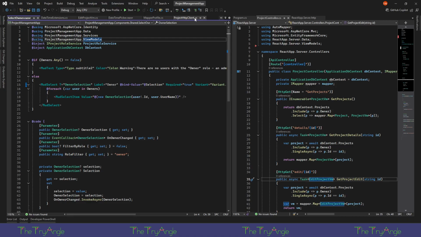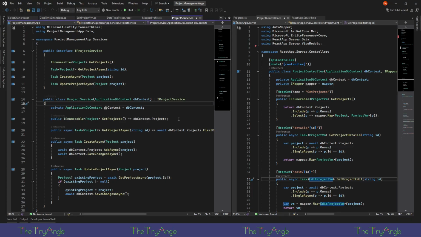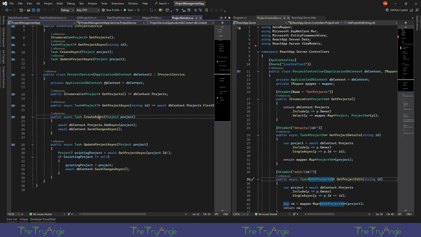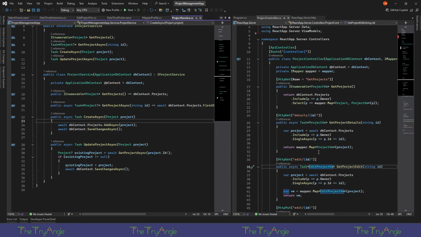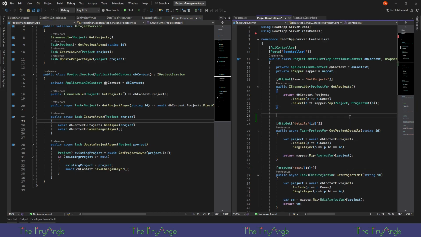We can probably close a lot of this stuff. Project HTTP client. Actually, I wanted that open. Project service. Let's see. Where are you? Create async. Okay. There's nothing particularly special going on here. But yeah. All right, why don't we create a new method. We'll make it a post. And we'll say create